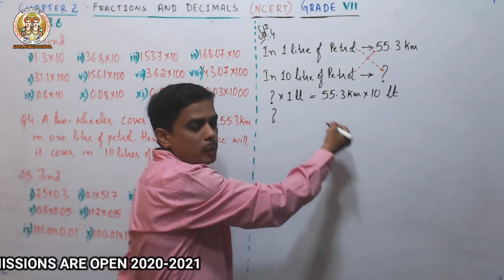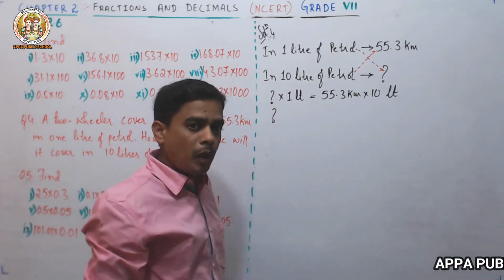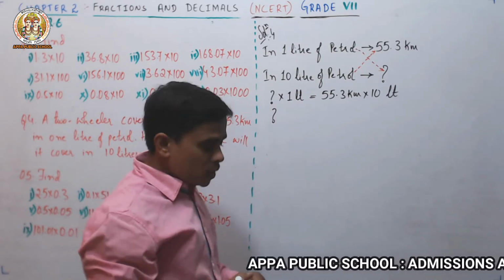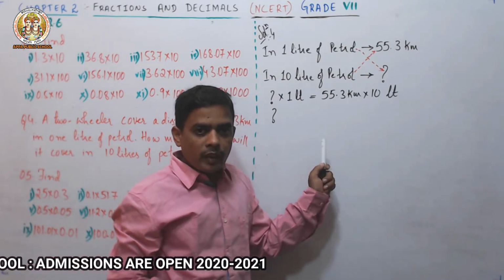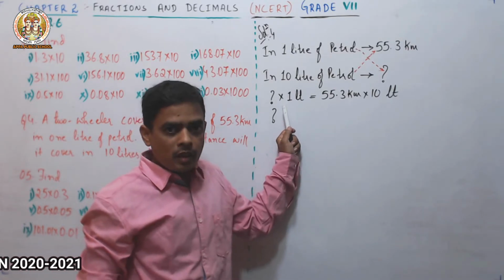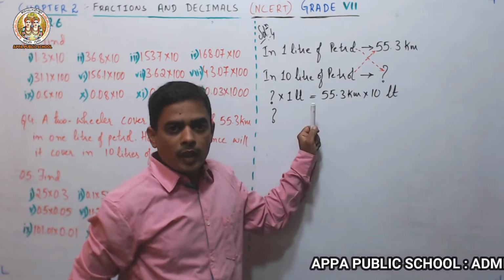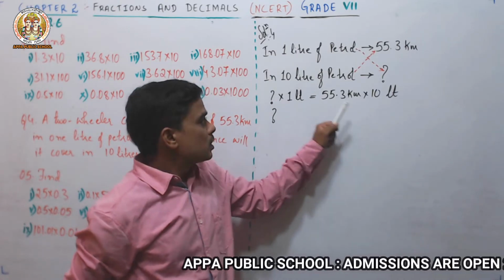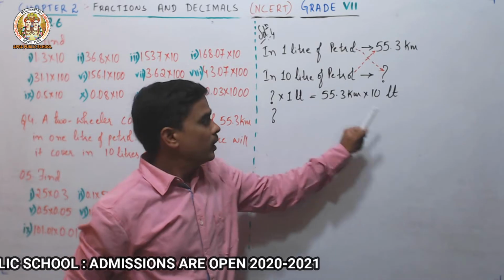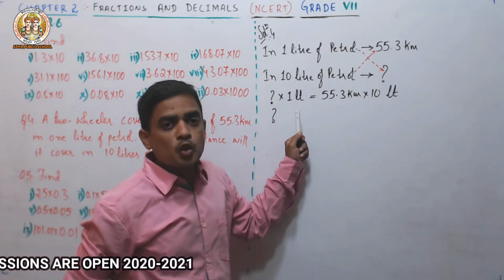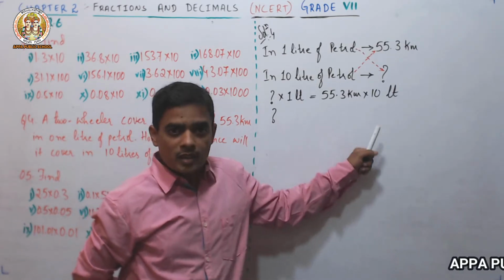Multiplied becomes divided. Suppose if it is added, it becomes subtracted. Here it is divided by; if it goes that side, it will be multiplied. It will be reversed. Suppose you are moving numbers from left to right or right to left, it will change. Here it is multiplication; if you want to move from LHS to RHS, it is multiplied, and if it goes that side, it will be divided by. Suppose here it is divided by; if it goes to the RHS, it will be multiplied. In the LHS, if it is added, when you transpose to the RHS, it will be subtracted. If in the LHS it is subtracted, when you move towards the RHS, it will be added.